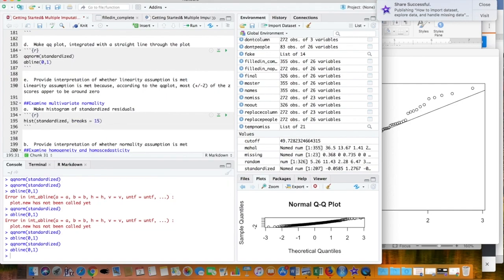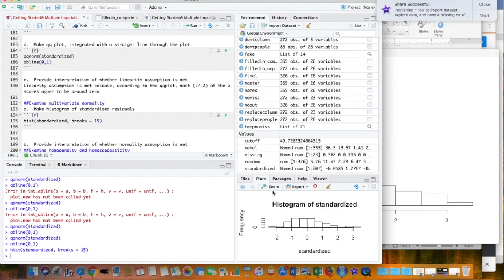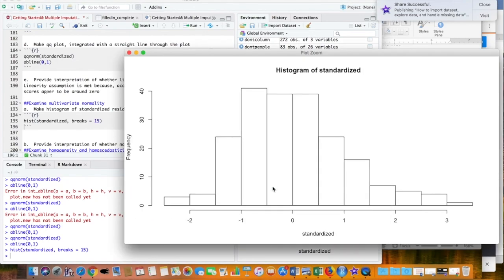And you can play around with this too to get what looks the best. And let's zoom in over here. So in this histogram generated over here, in terms of the standardized,